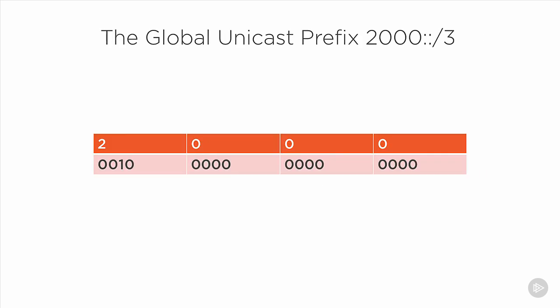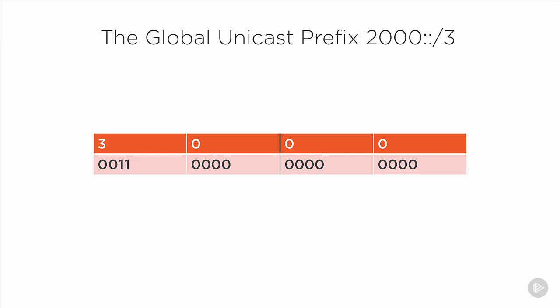Let's write the first 4 hexadecimal digits of the 2000:/3 prefix out in binary. Now keep in mind that each digit, each place, is 4 bits in length. So the leftmost digit, which is 2, is binary 0010. Now the network mask here is only 3 bits. So as long as those left 3 bits 001 stay the same, any other bits we change in the address will still be a part of the